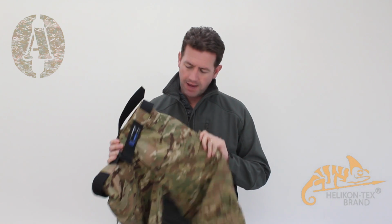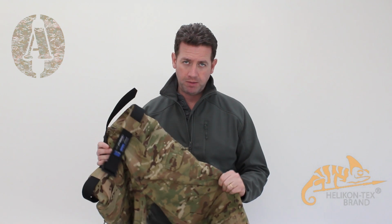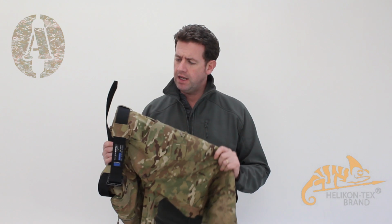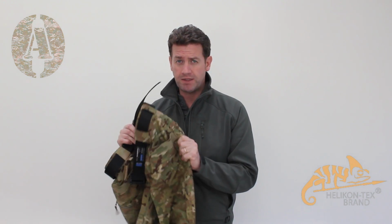These are the Camogrom UTP pants. Now, I've been wearing the UTP pants a while. I use them for not only airsoft but for some sport shooting, and I find them fantastic. Now, I was dying to get my hands on these in the Camogrom material because one of my main loadouts that I wear is Camogrom, or multicam, whichever you want to call it, but Camogrom is the actual name given